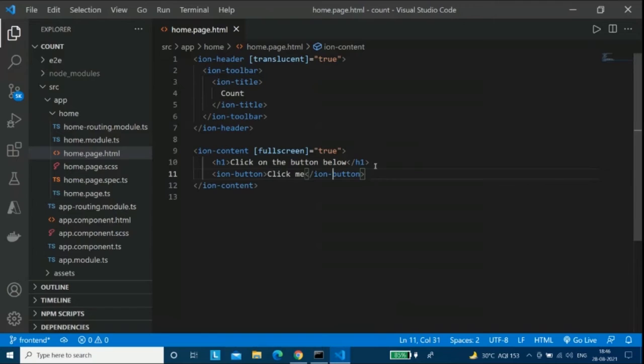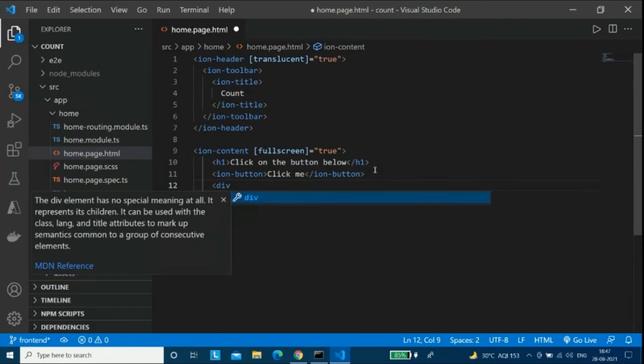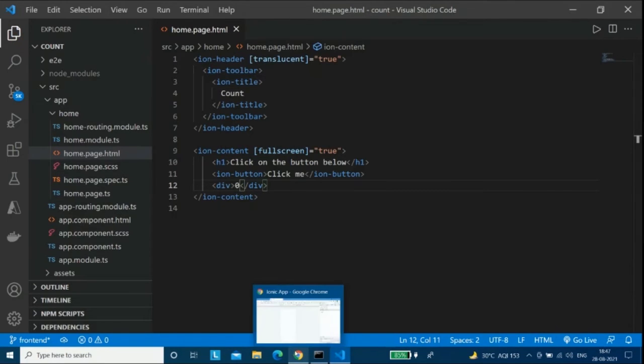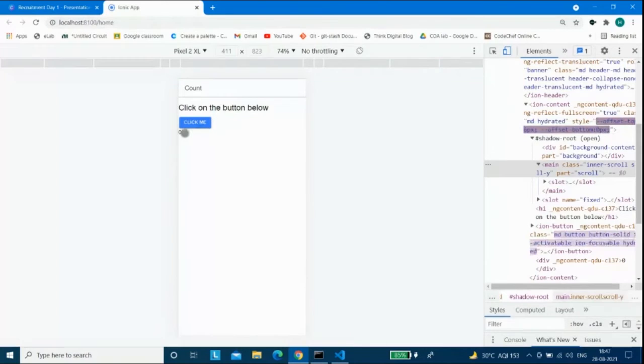And also there has to be something which shows that the count has increased. So there has to be a digit which is written. So what I'm going to do is make a div, and in the div I'll write 0. As you can see, 0 is written over here, but it is very small.